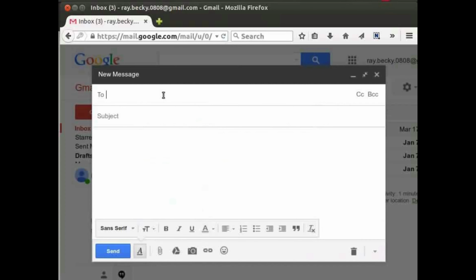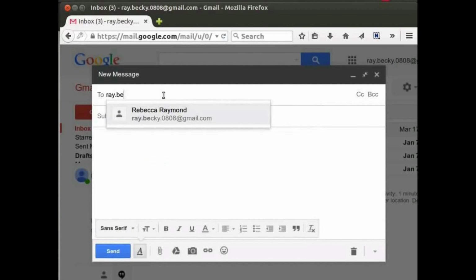By default, the cursor is in To field. Let's enter the recipient addresses as follows. In To field, let's give the email ID as ray.becky.0808@gmail.com.